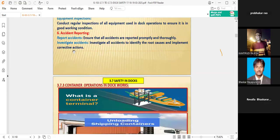Accident reporting is also one of the important systems. Before the ship management awards the contract, they can know the statistics of the dock, that particular dock where we are going to land. That means they will see that the number of reportable accidents is less,